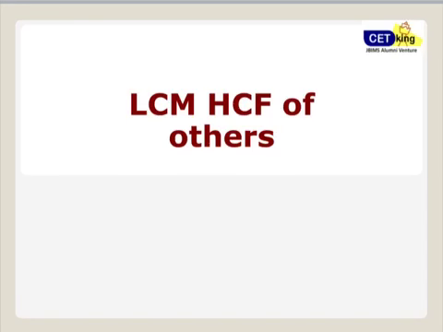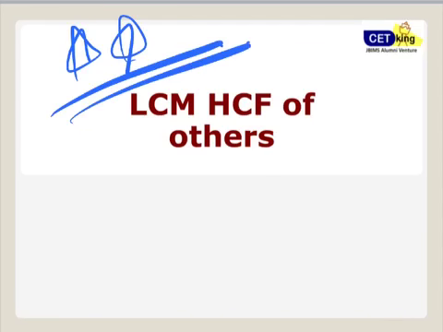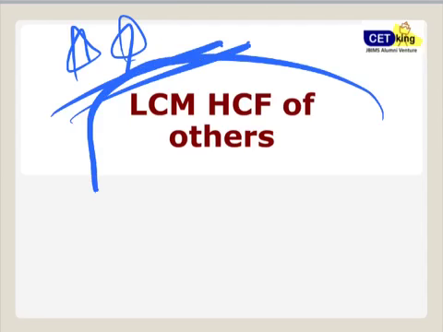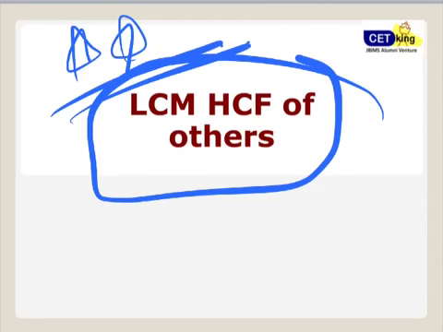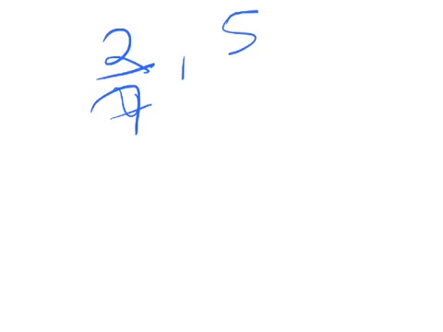Alright, let's move to the advanced level of LCM and HCF, which is not commonly asked in CAT. It can come in CAT, it will not come in CMAT, but it will come in NARSEE MONJEE. This is a very common question for NARSEE MONJEE. So for 2, 14, 6 can you find the LCM and HCF? Yes, fine. But what if I change the numbers and give you the numbers as 2 by 4, 2 by 7 and 5 by 11? Find the LCM and HCF.